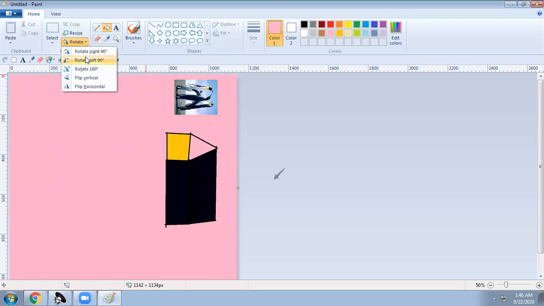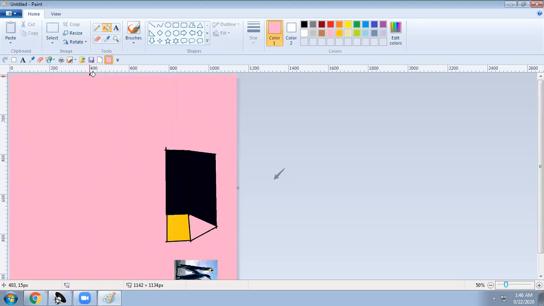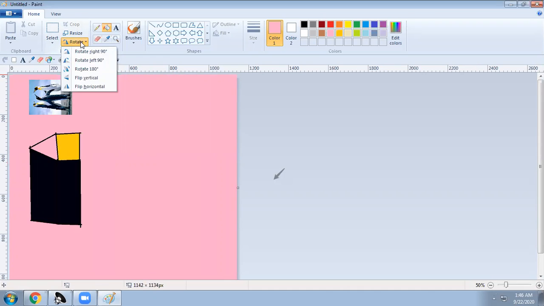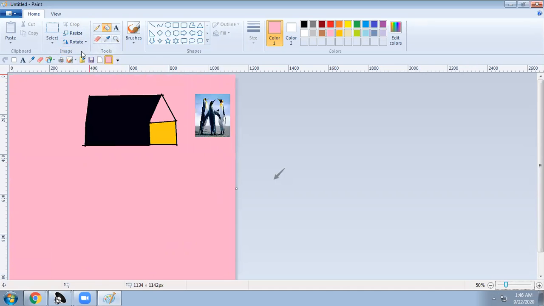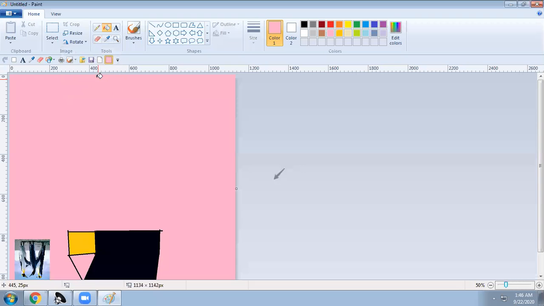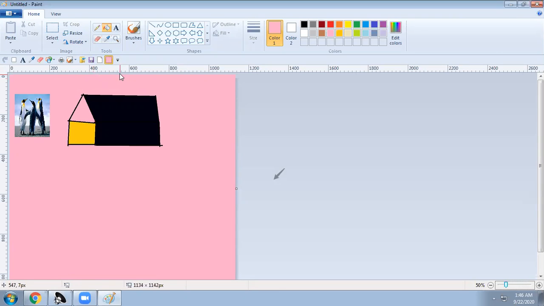If I want to rotate more, flip vertical like this. Wait, I will rotate first, right, then right, and then right. I want to flip it. Flip horizontal like this, I can change. Flip vertical like this. Flip vertical again like this.